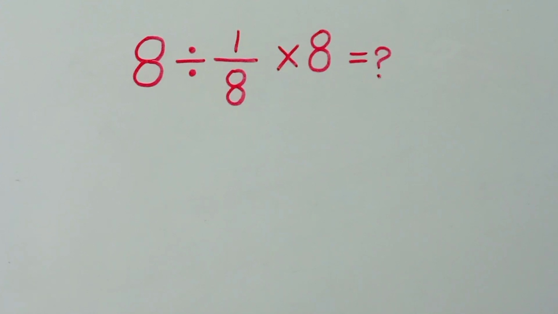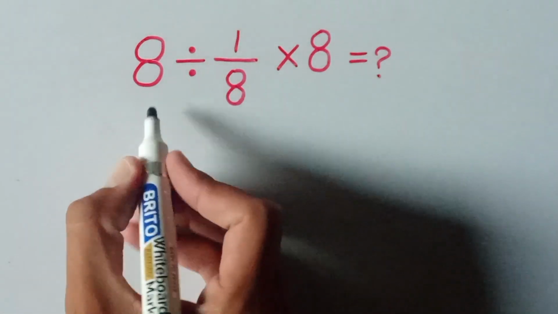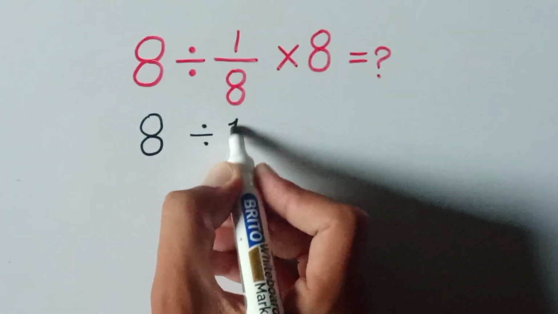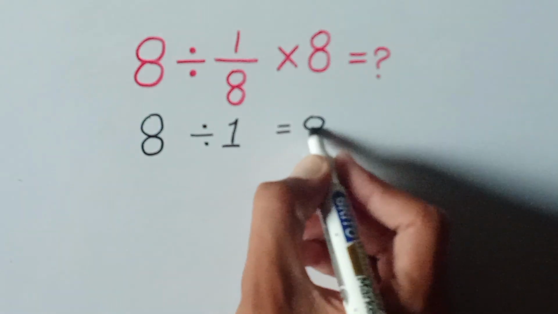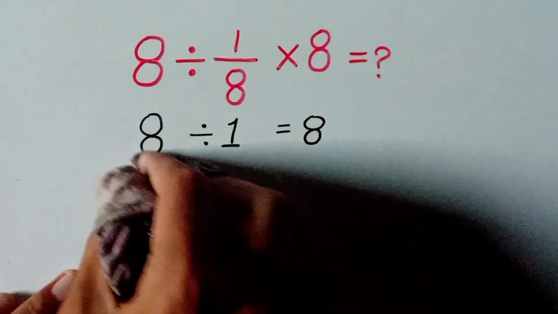So guys, most people get this question wrong. They cancel 8 and 8, and the answer is 8 divided by 1. So the answer is equal to 8. But guys, this answer is wrong because of the order of operations, which is PEMDAS,